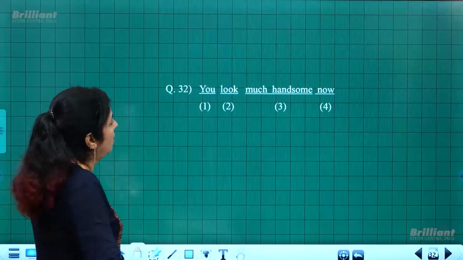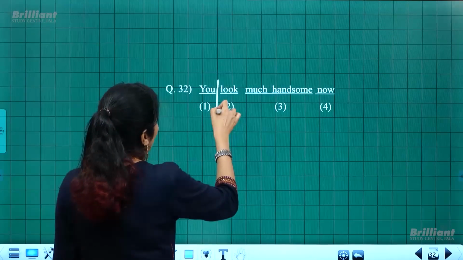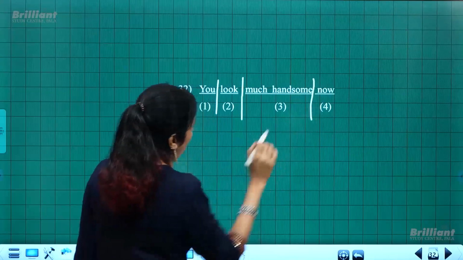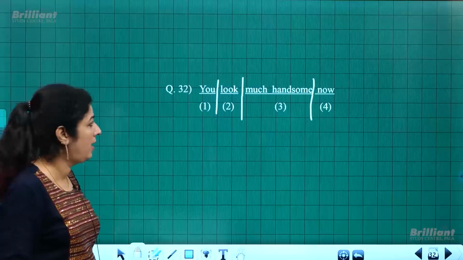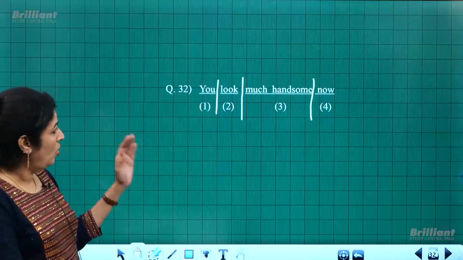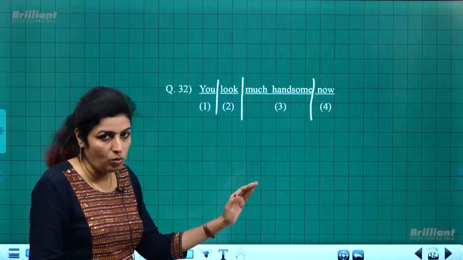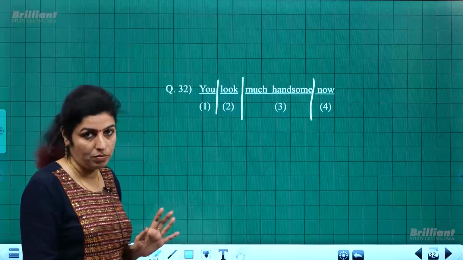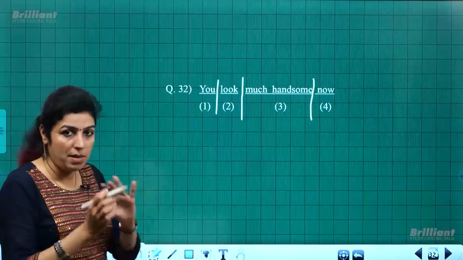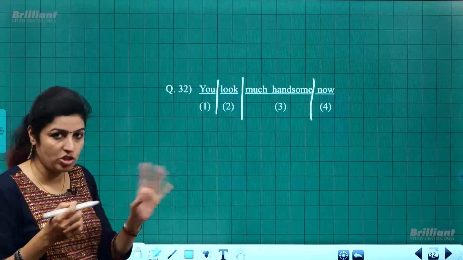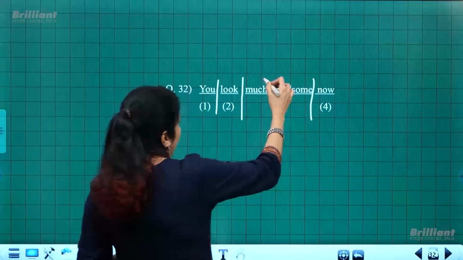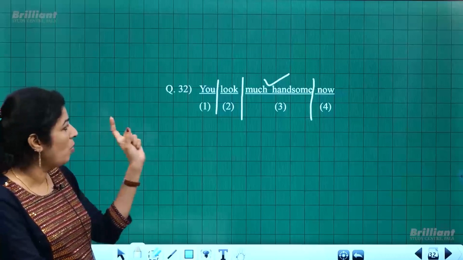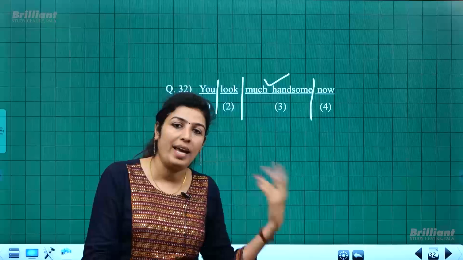Next, 4 parts. First part: you look much handsome now. So which part has gone wrong? Do we say you look much handsome now, or you look more handsome now? Okay, so that makes a huge difference, the use of much and more. So here, this part again has gone wrong, the third one, because it would have been like this: you look more handsome now. Of course, you were handsome